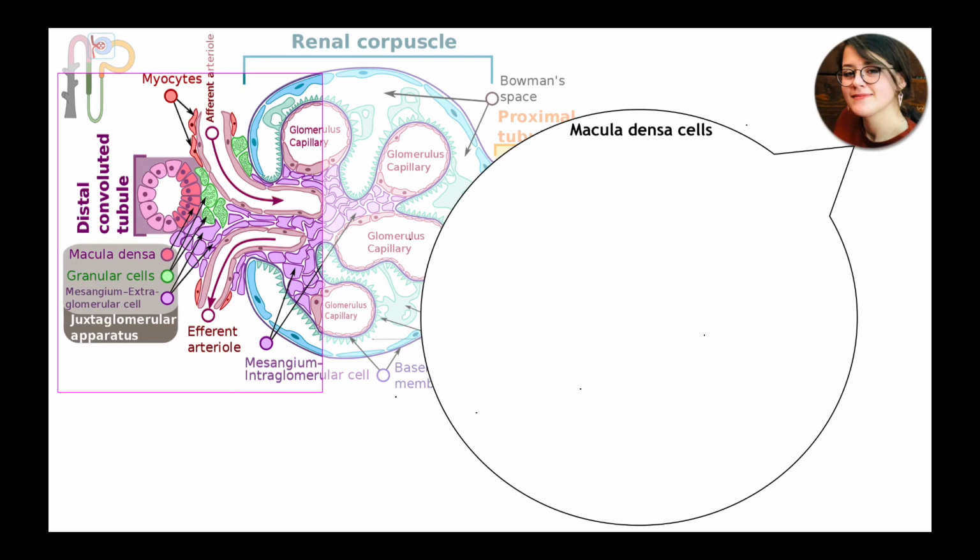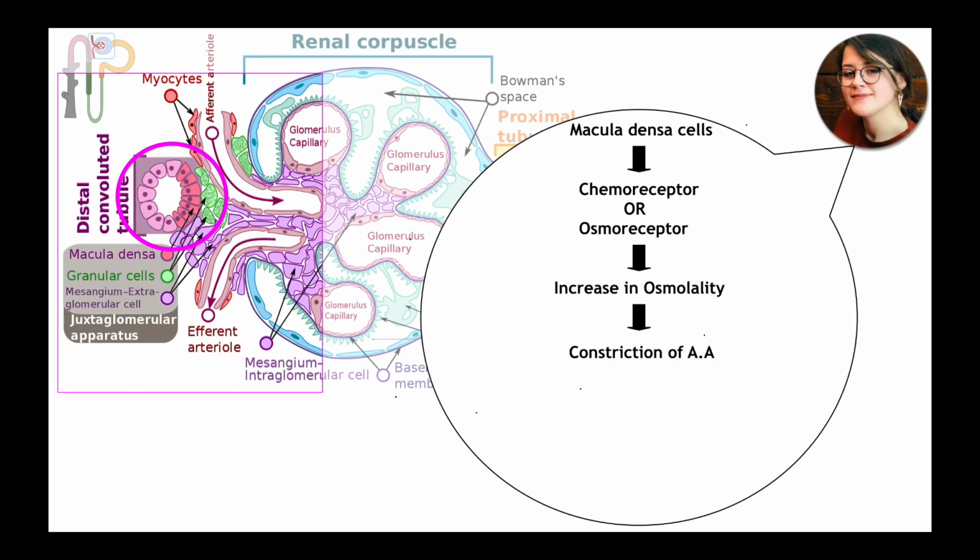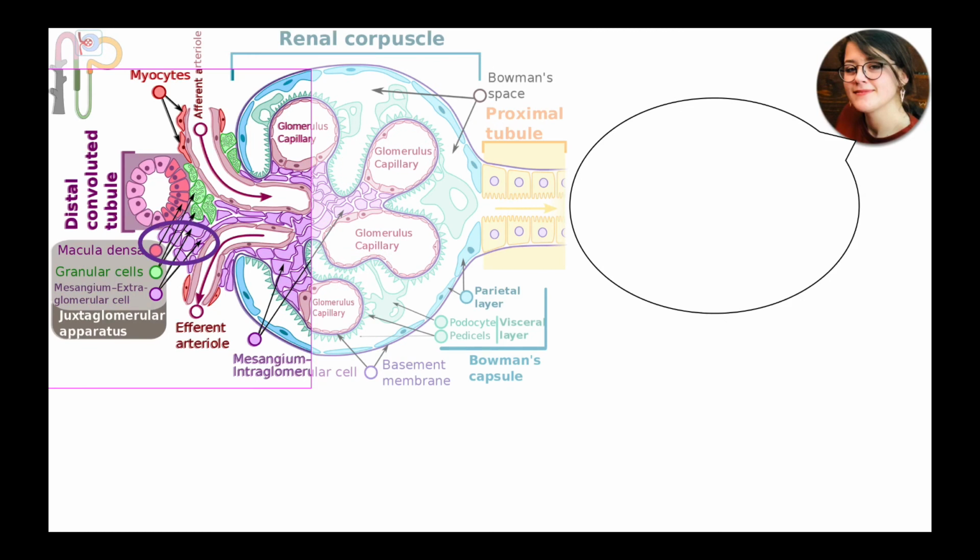Macula densa cells act as chemoreceptors or osmoreceptors. When blood osmolality is high, they constrict the efferent arteriole, which decreases blood flow to the glomerulus, and so decreases the GFR. Mesangial cells don't participate in the filtration pathway,